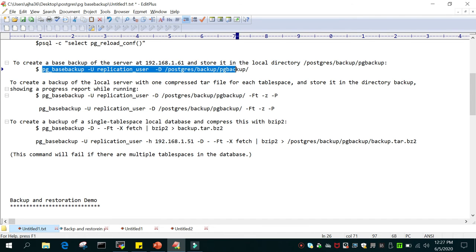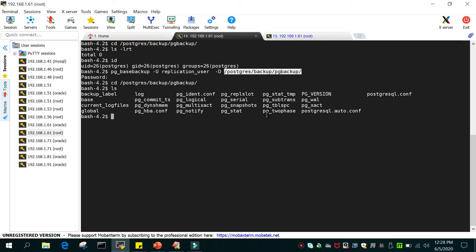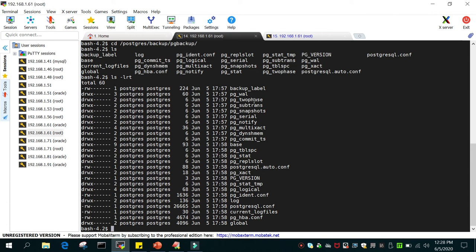So this is a very basic backup using pg_basebackup. Just press enter and this will prompt for the password of the replication user. So we mention the password as password only. And it is happening in the background. If you go to this location, you will see that the files are backed up now. So these are the different files, and this is the same as what is there in